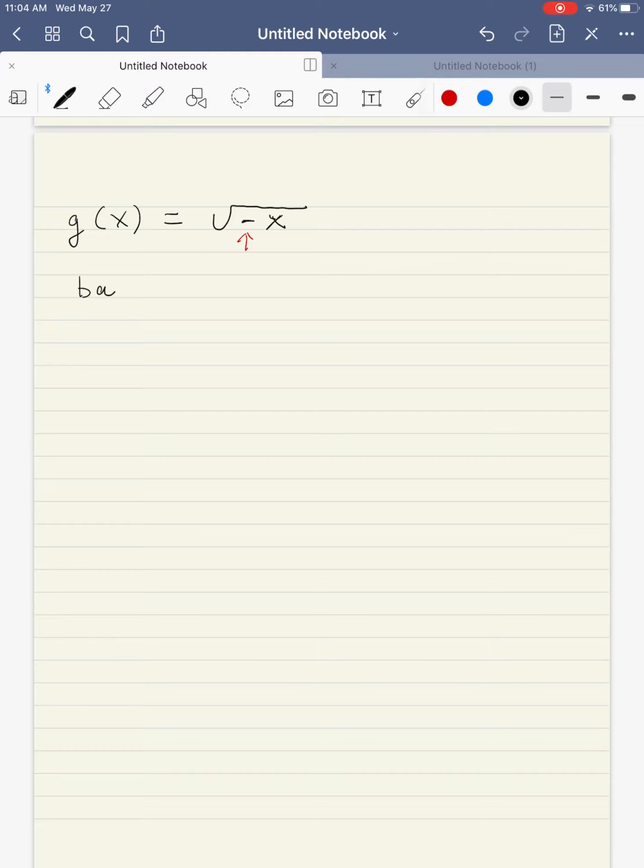So we're going to list our basic function. In this case, y equals the square root of x because we have a square root. And we're going to graph that function. And we know